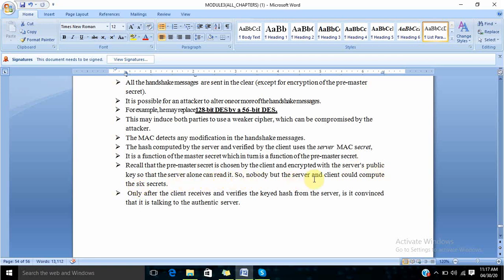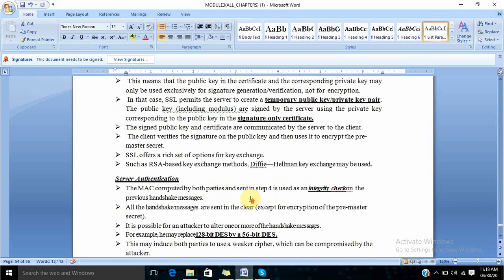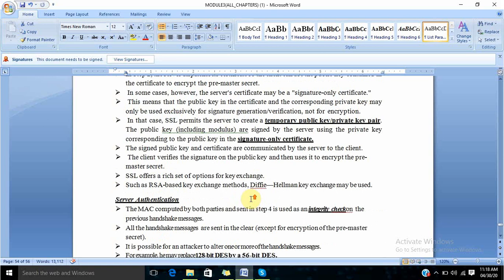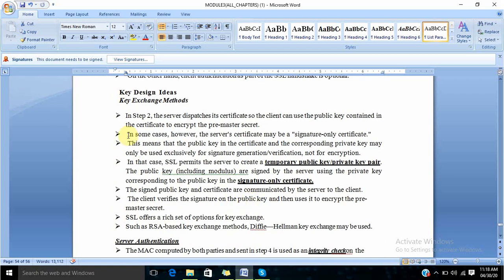So nobody but the server and the client can compute the secrets. These are simply the steps, students, once again repeating what happened in the handshake protocol in a little more detail. Only after the client receives and verifies the keyed hash from the server is it convinced that it is talking to the authentic server.